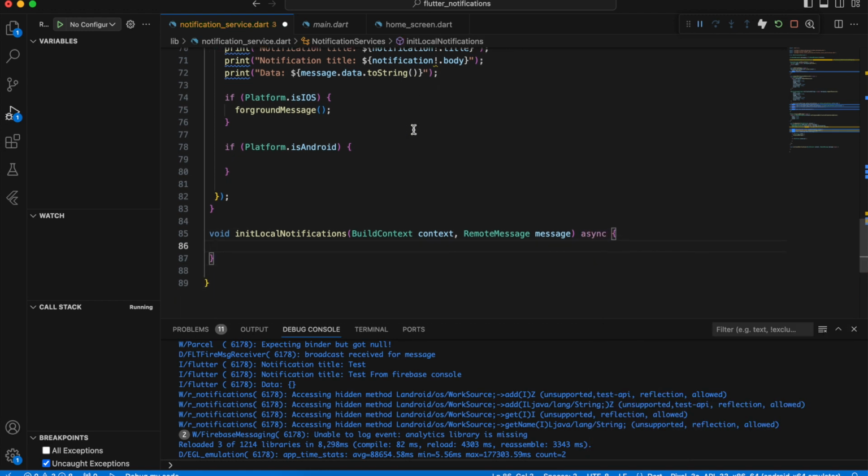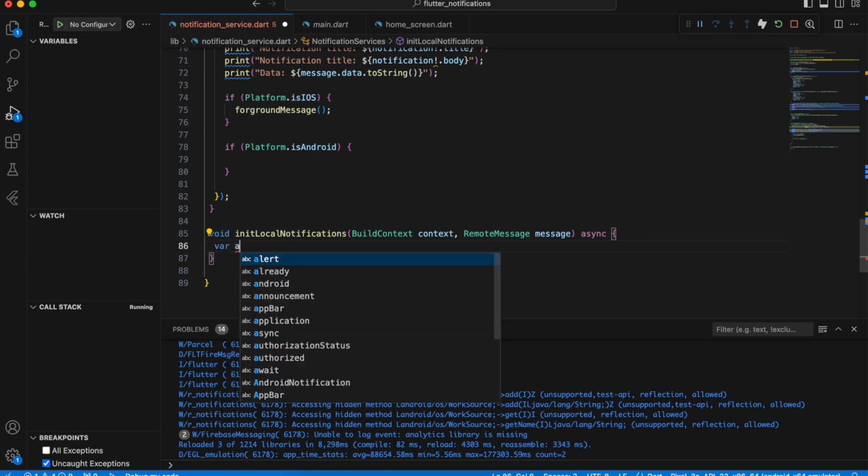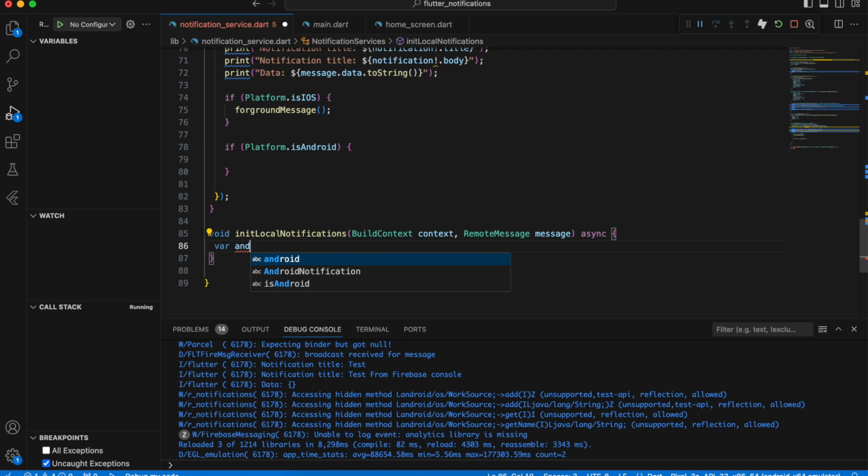Now the next thing is we have to initialize a few variables, that is the Android initialization settings, right? In this case we have to pass the launcher icon. If you remember, when you receive any notification, that notification contains the app launcher icon in the notification header. So we have to initialize that first. So that is androidInitSettings equals